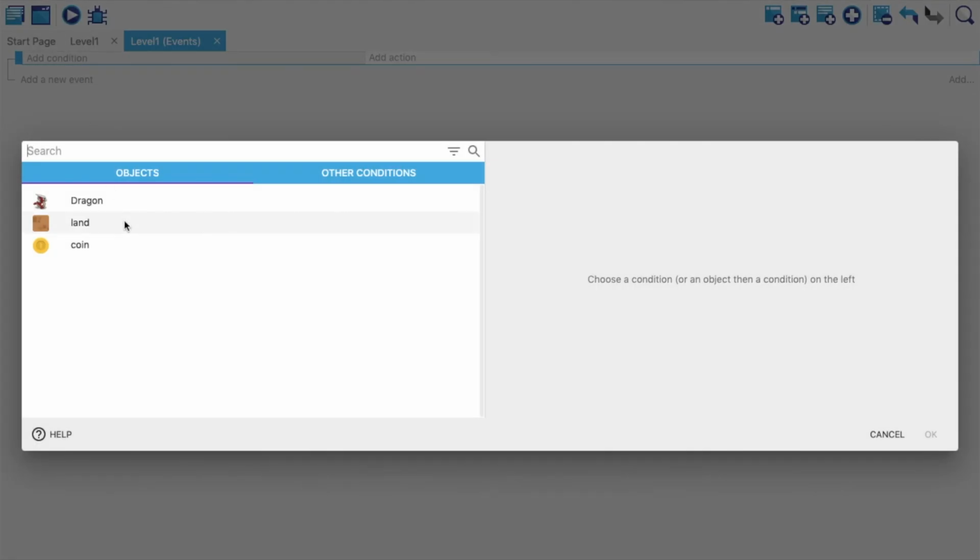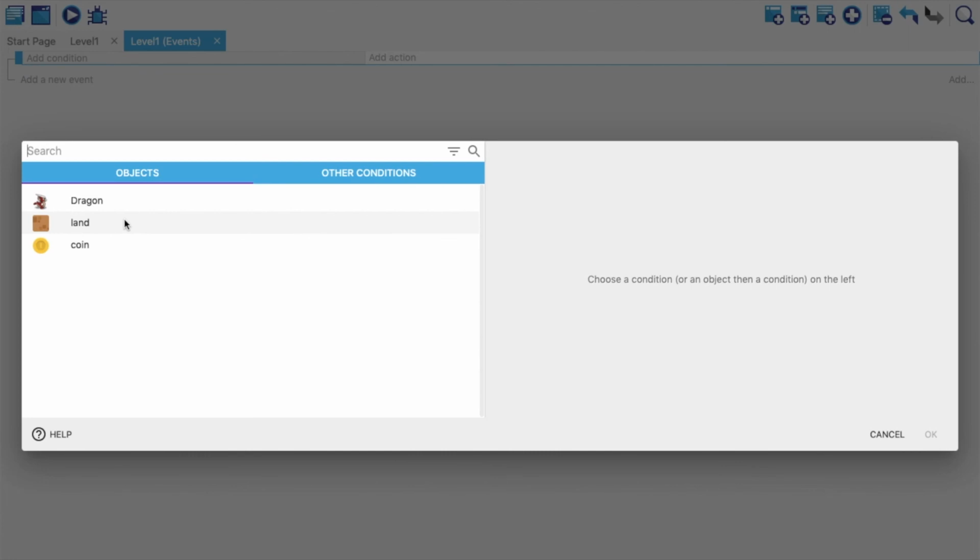Now this is how GDevelop works, guys. You need to have a condition, and as we know, our condition here is when the dragon collides with the coin, or when the dragon touches the coin. And the action here is I want to hide the coin to create a feeling to the player that the coin has been collected. So for this, I will just click on add condition. Now please focus, this is a really important part. Once you understand how to deal with this section of GDevelop, your life becomes much easier and you can start exploring more on your own slowly. So let's understand the logic.